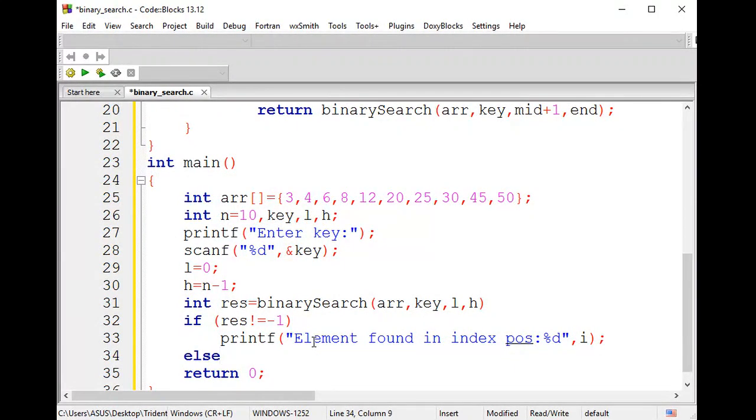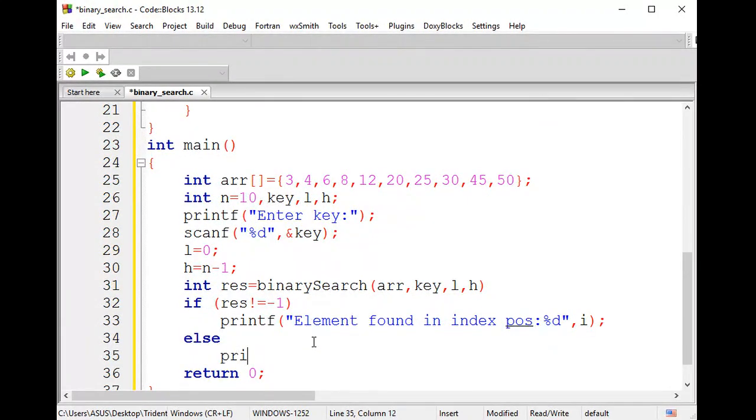Else, I can directly print with printf, element not found.